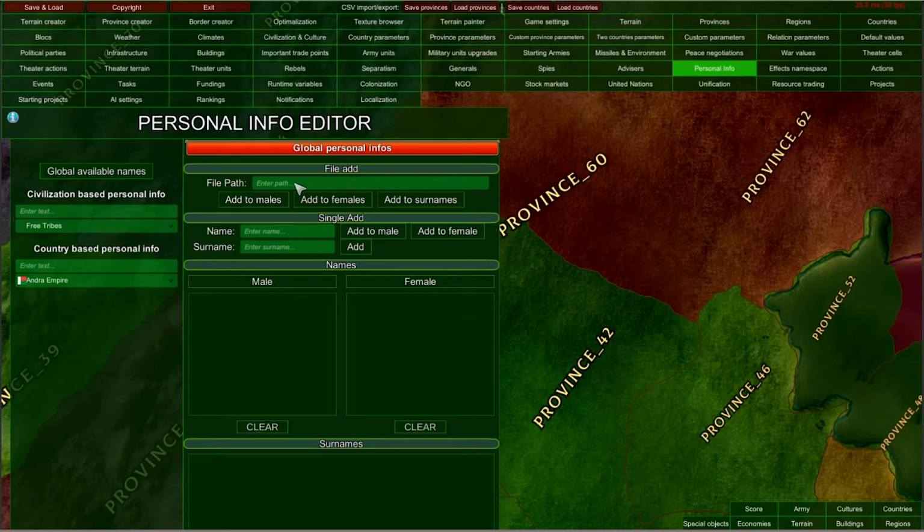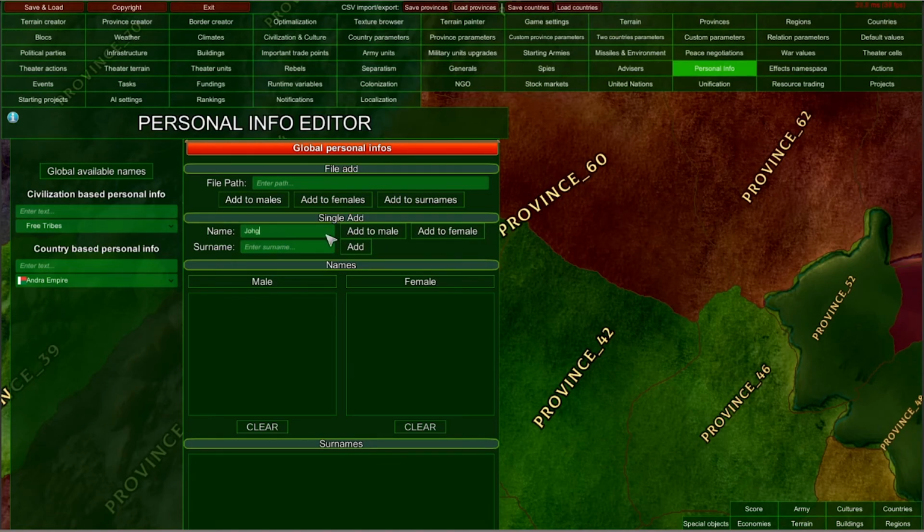And here to the right we have the personal info editor, and you can simply add your own file and import it and add it to surnames, female names and male names. This file should be in TXT format, and it should be a simple list of names or surnames. And of course you can input your own names and surnames here and add them one by one.